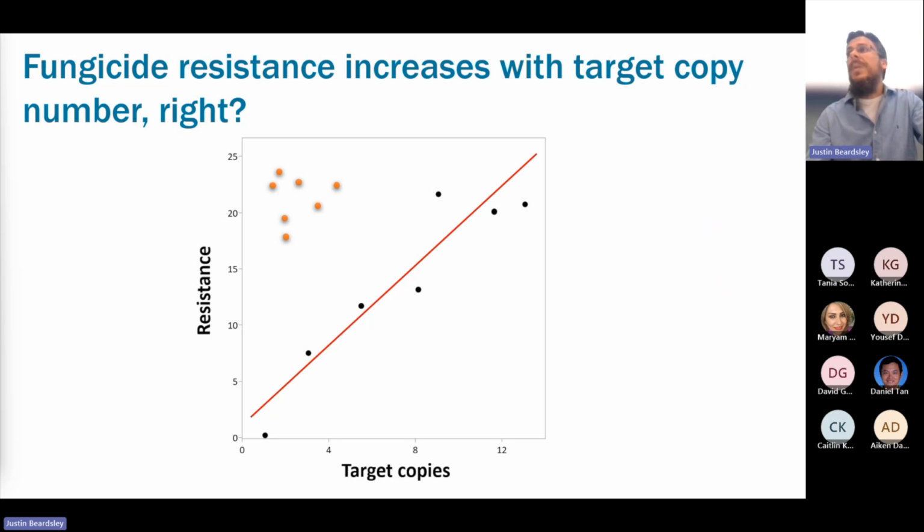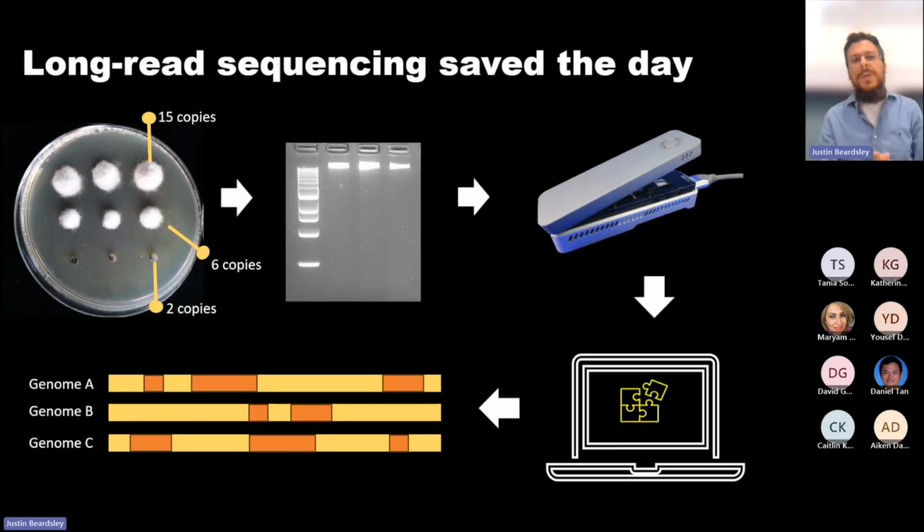If you were to do, for example, digital PCR, which we use a lot for resistance mutations in order to determine copy number, you will often get numbers that are not integers because they're very close. So it's actually quite difficult. You can digest the genome and that improves, but that's not a solution. So a solution in our case was using long-read sequencing.